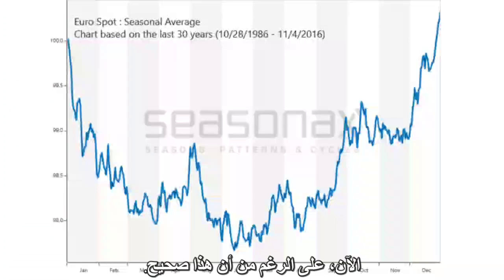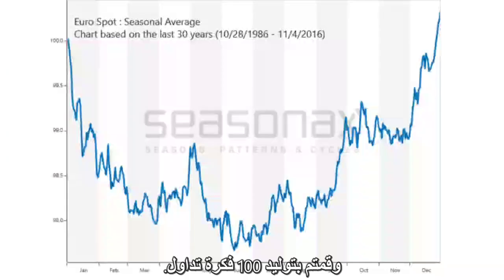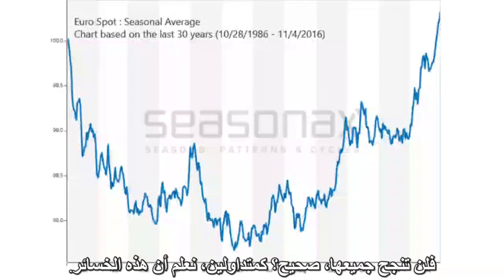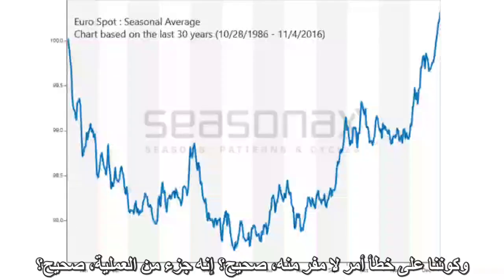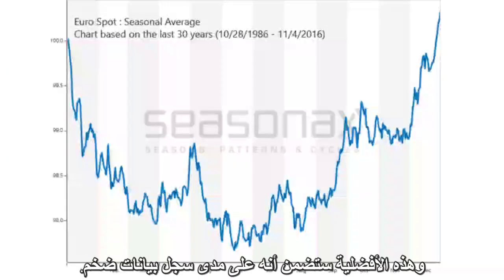Now even though that stays true, we know that it won't work all the time. For example, if you generate 100 trade ideas and do 100 analyses, then not all of them will work. As a trader, we know that losses and being wrong are inevitable. It's a part of the process. But what you do know is that based on these concepts, you're going to have an edge, and that edge is going to make sure that over such a huge